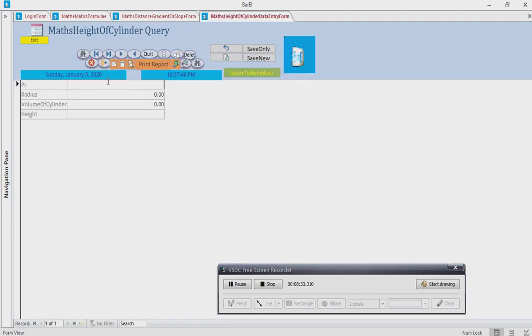Height of a cylinder. If the radius is 10 and the volume of the cylinder is 40, then height is 0.3. If it's 400,